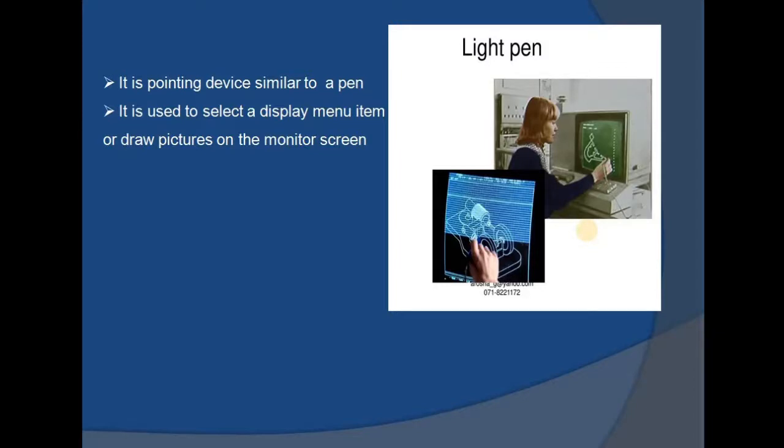Instead of using a mouse, we can use these light pens, and you can easily draw images or diagrams. We can also use it for menu items, when we want to drag and drop some options, and when we are designing diagrams or charts. For all those things we can use the light pen. Basically it can be used to draw diagrams or pictures easily on the monitor screen. It consists of a sensor. As you touch the screen, that sensor will recognize it with the monitor screen, and as you go on drawing, the diagram will appear, or it will be generated.